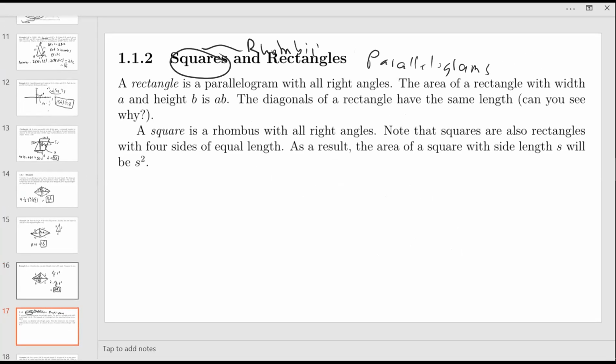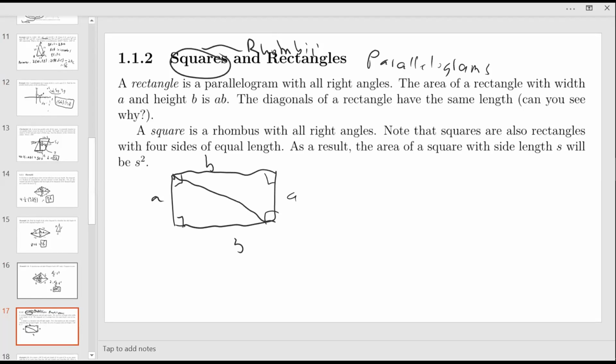So the official definition is that a rectangle is a parallelogram with all right angles. And the area of a rectangle with width A and height B is AB. So why is that? If you just draw it out like this, AB, AB, you have all right angles here. Let's draw this diagonal. Then we split the rectangle into two right triangles, each of which has area AB over